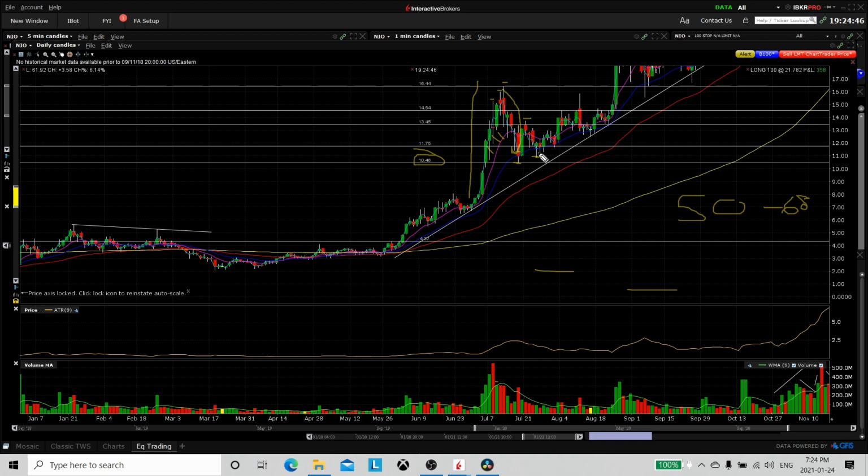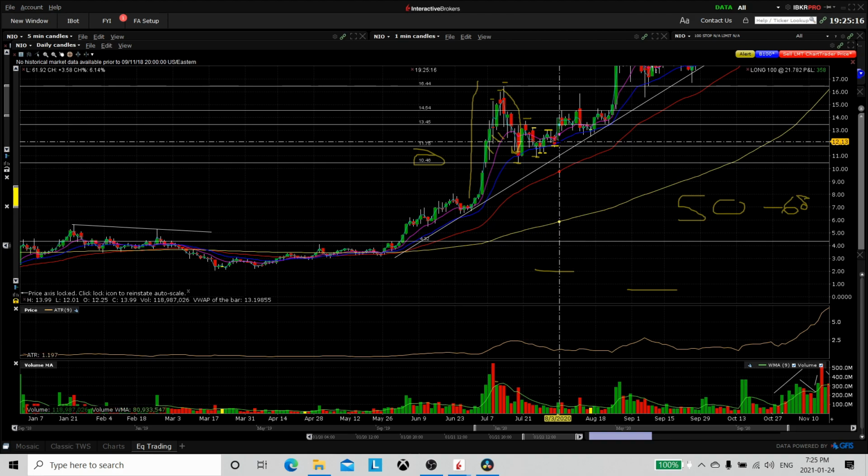To further support that, we had 2 more days with lower wicks. Now they weren't relatively long compared to this first one right here, but it was showing that there was support, right? Price came up. You can see we had selling going on here, so we retested that area, drove the price back down. However, we created a higher low. So now the uptrend is starting to come back in. And then you can see on this candle right here,